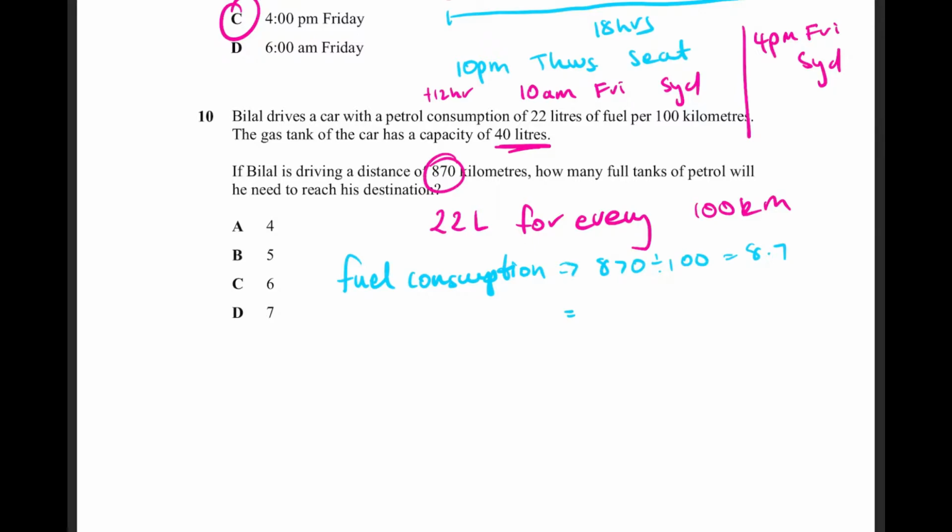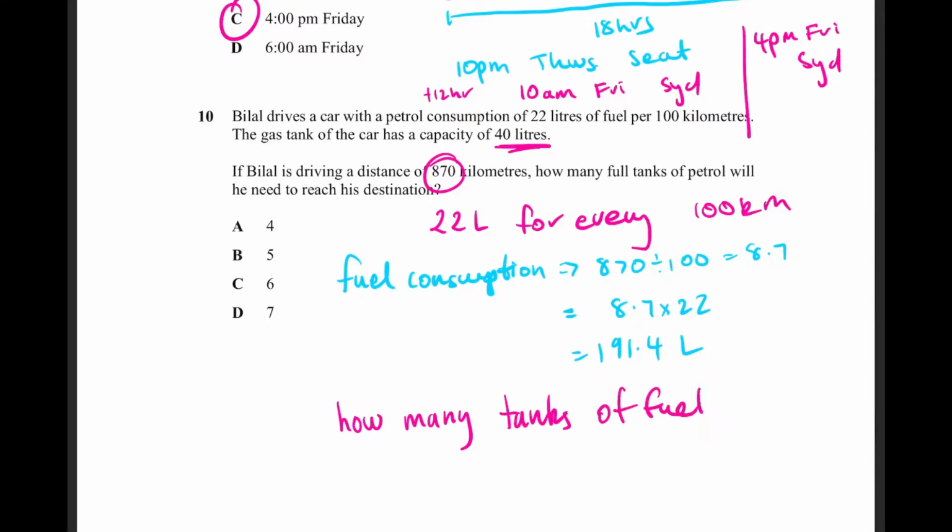So therefore, for fuel consumption, it's going to be 8.7 times 22, which is 191.4 litres. He needs 191.4 litres for the entire journey. Now, his petrol tank can only fill up 40 litres. So how many tanks of fuel does he need? He needs 191.4 divided by 40, which is 4.785. Now, in determining is that 4 or 5 tanks of fuel,